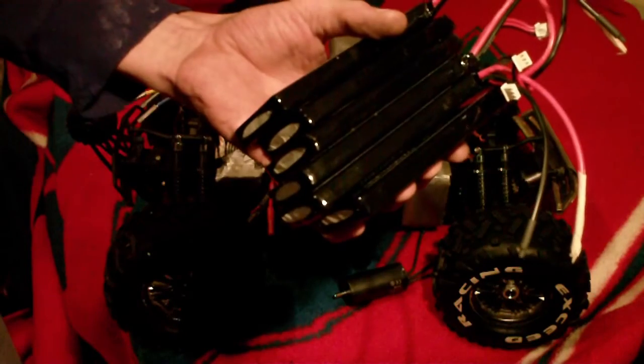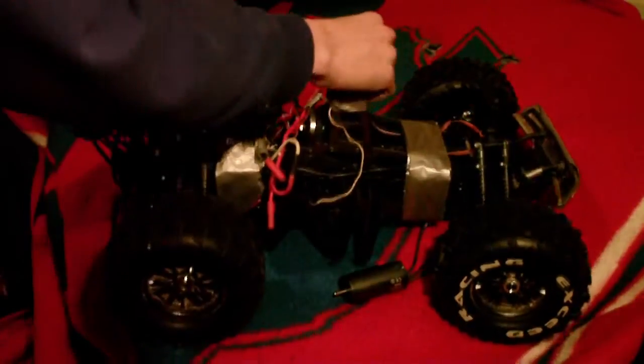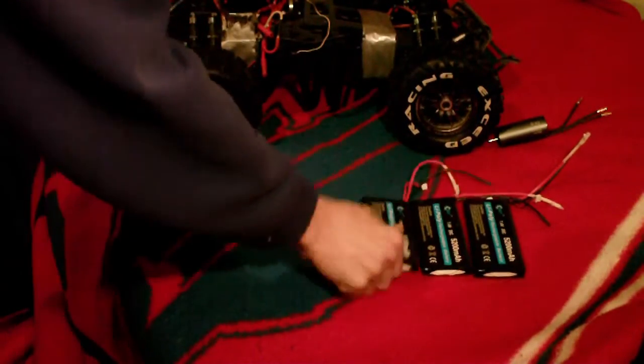But the other good news is, you may have heard Dan update you guys on something. I have a big wad of batteries. Let you guys check this out. So, I told you guys I was going to get some serious power for this thing. So here we have